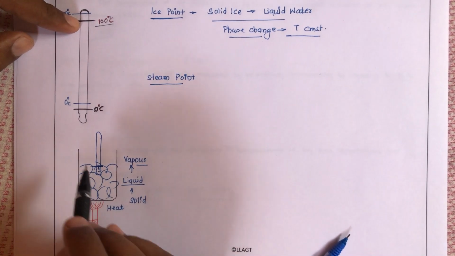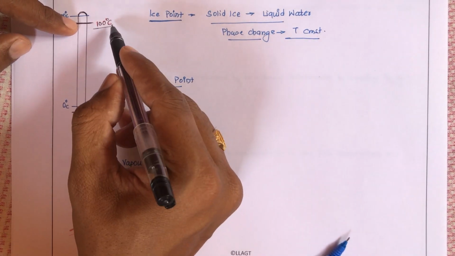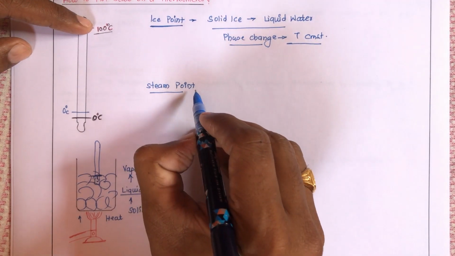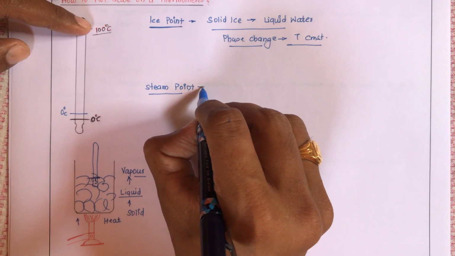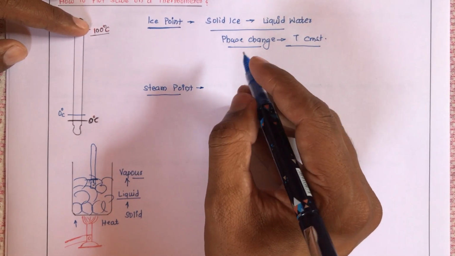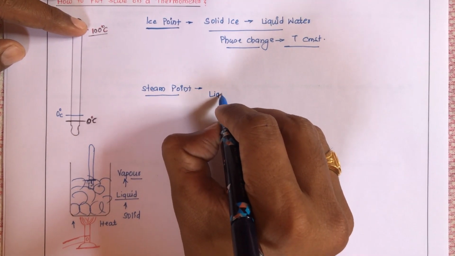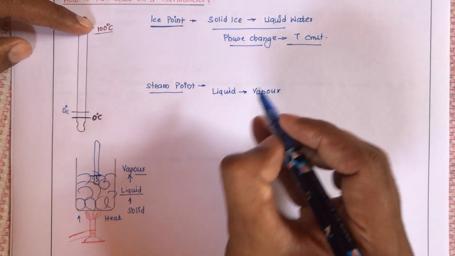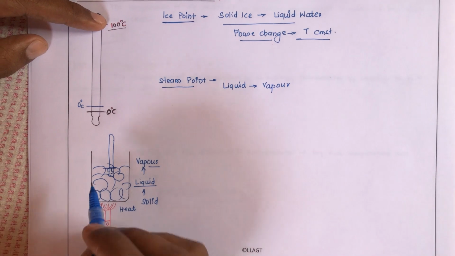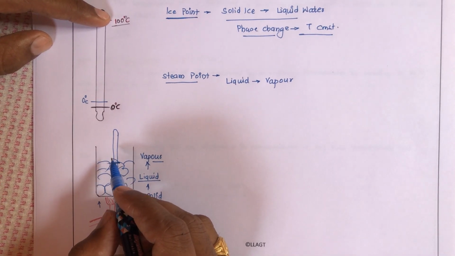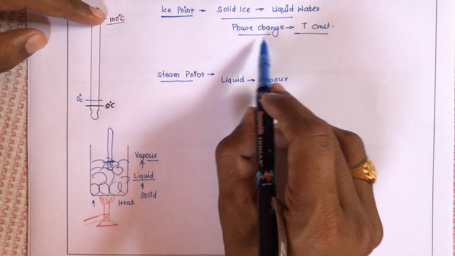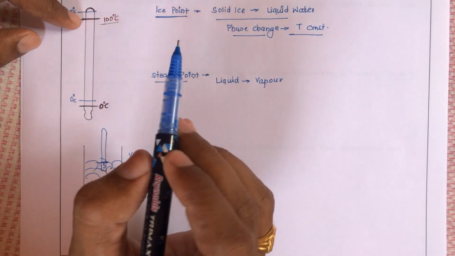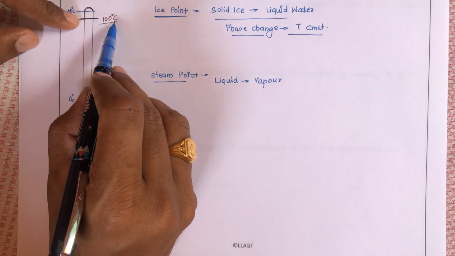Now we have 2 points, that is 0 degrees Celsius and 100 degrees Celsius. This 100 degrees Celsius point we have plotted on the steam point. And what is the steam point? The point or the temperature at which the liquid water is converted into vapor. All the liquid water you have here needs to be converted into vapor, and until the phase change is complete, the temperature is not going to change, meaning we will get only one temperature. So that is our line of 100 degrees Celsius.